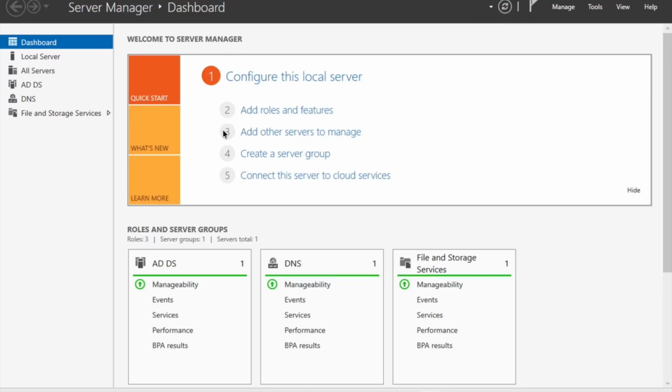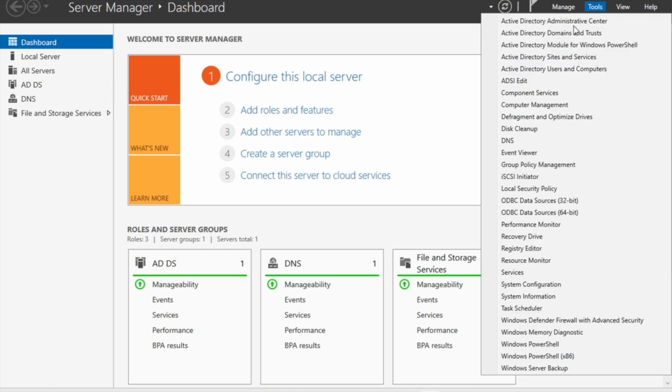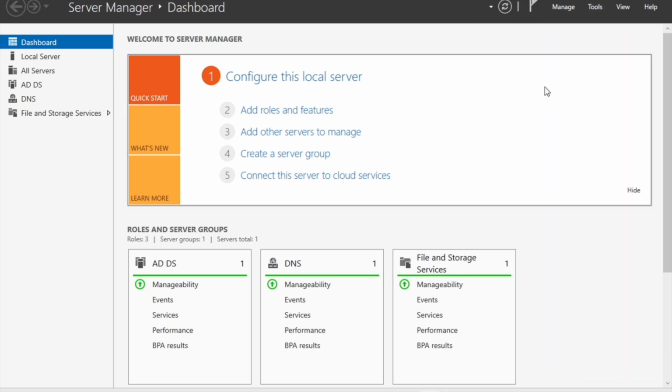In my previous video, I promoted a Windows server to a domain controller and configured Active Directory domain services. In this video, we will continue by working with Active Directory users and computers. I'll be creating organizational units, adding multiple user accounts, and organizing them in a way that reflects a real-world company